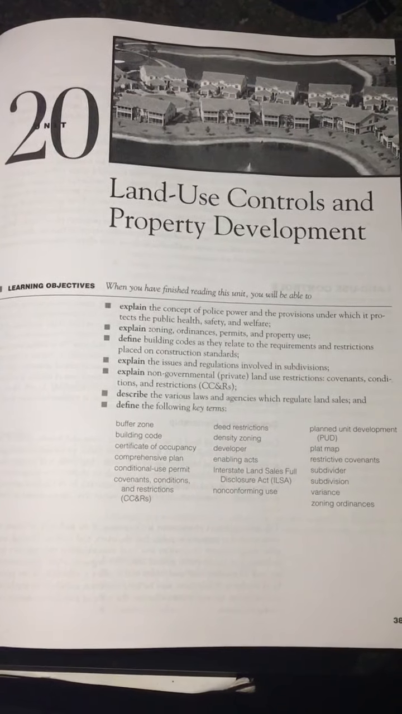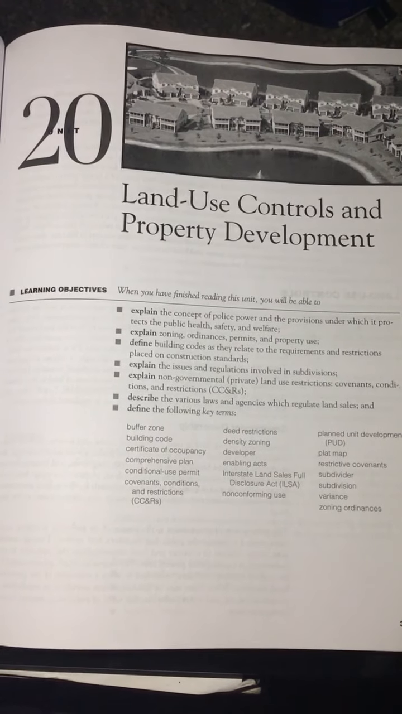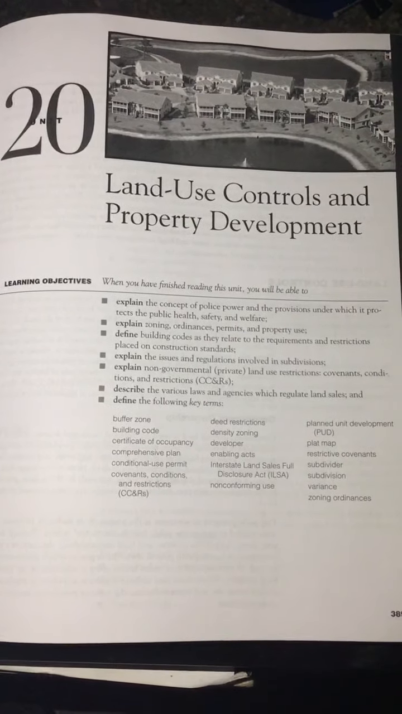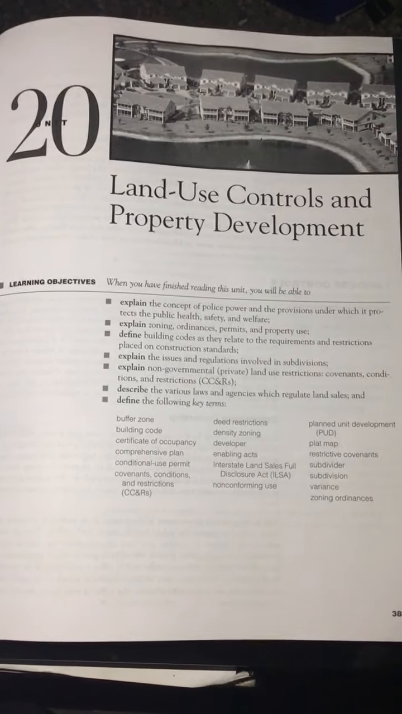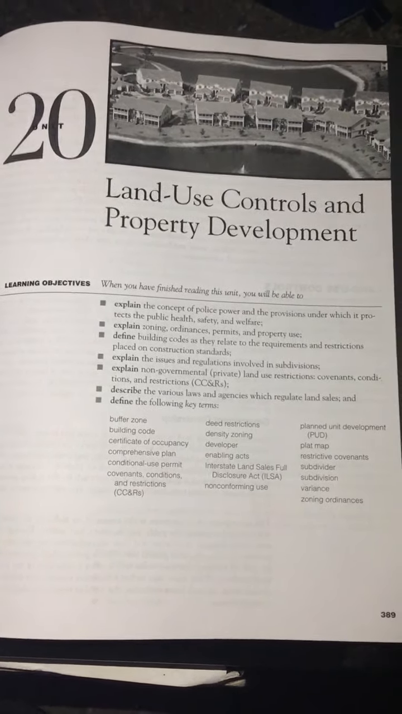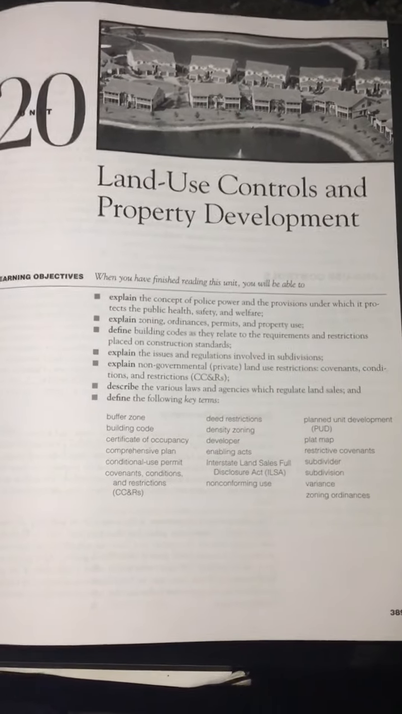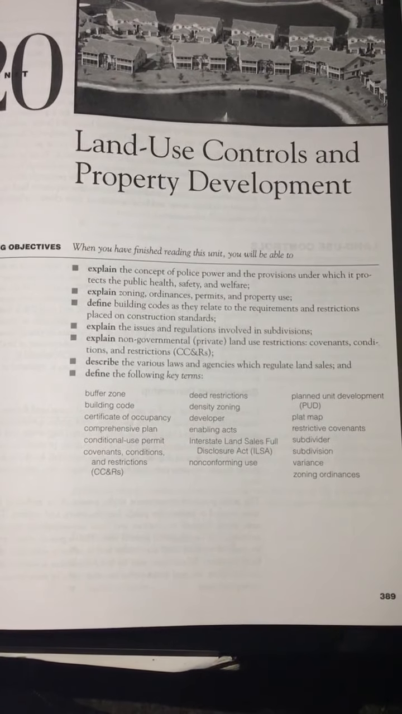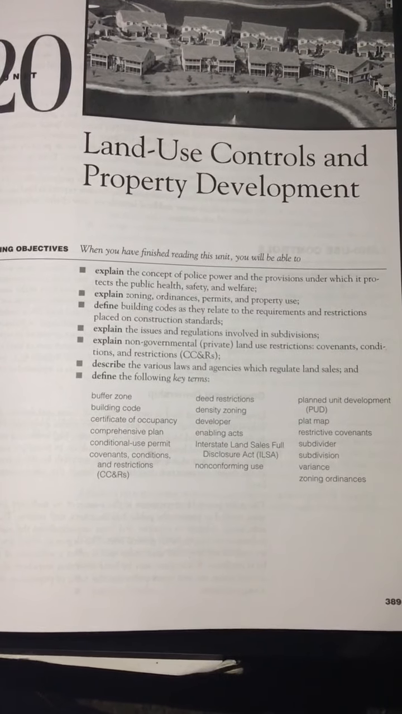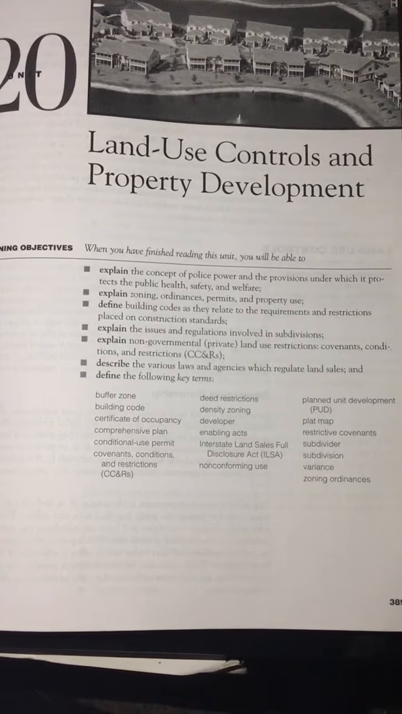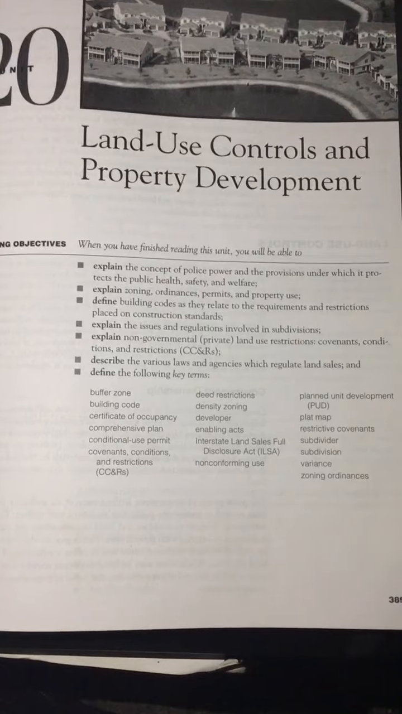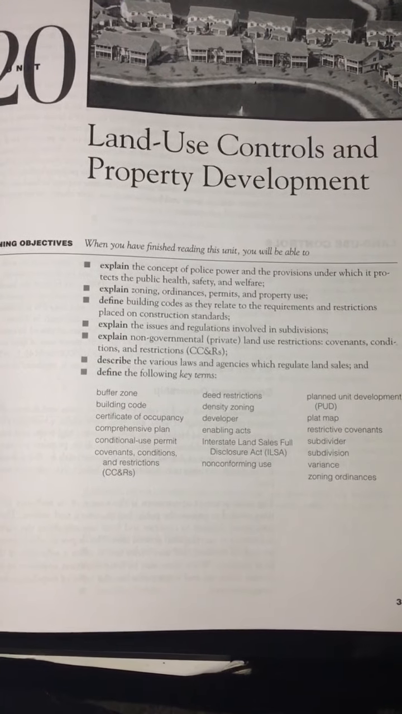Explain the issues and regulations involved in subdivisions. Explain non-governmental private land use restrictions, covenants, conditions, and restrictions, CC&Rs. Describe the various laws and agencies which regulate land sales and define the following key terms: buffer zone, building code, certificate of occupancy,